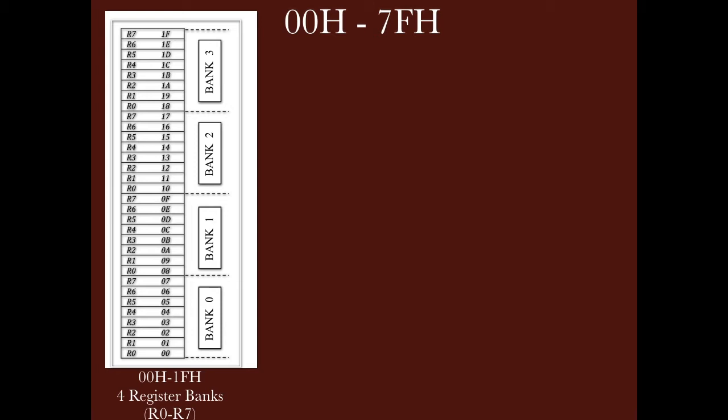Each register bank has 8 registers, R0 to R7, and you can observe here that all register banks, bank 0 to bank 3, have the same names for registers. Then how do we identify which register we are working on? Basically, at a time we can work on just one bank, and that bank is decided by another SFR, the program status word. In the program status word, we have 2 bits. These bits select the register bank to be used.